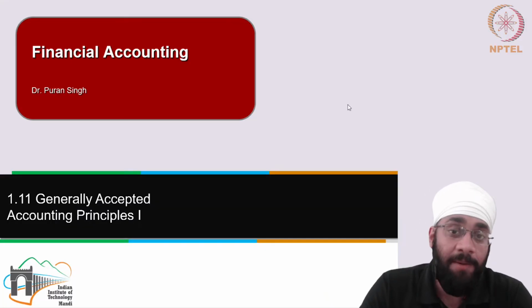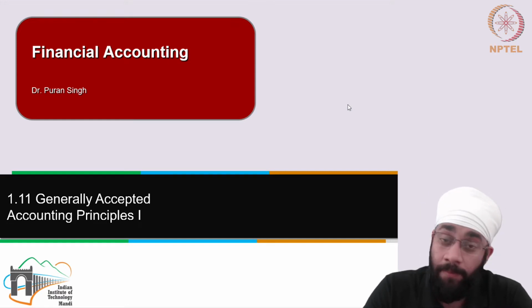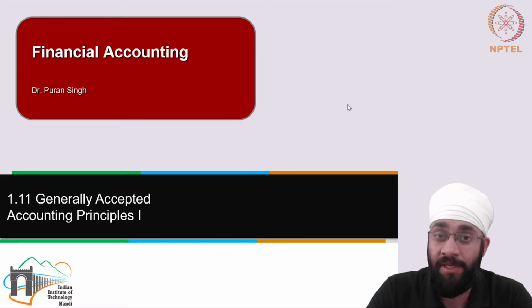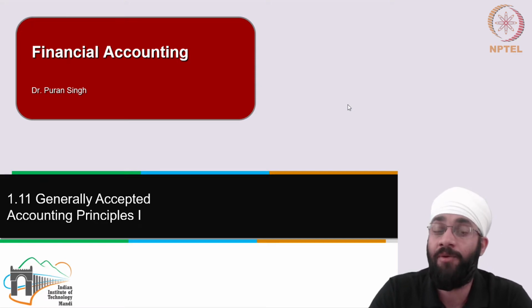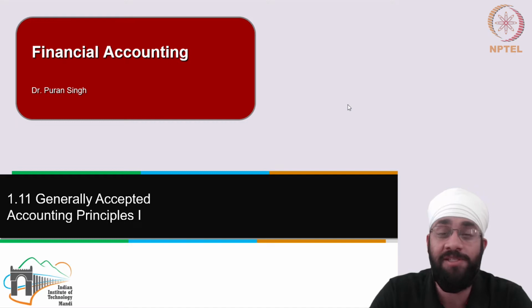In this video, I'm going to talk about generally accepted accounting principles. By now, you must be familiar with the four key accounting terms, which are assets, liabilities, incomes, and expenses. The next step is to learn how the records are going to be prepared for various transactions which fall into these four categories. But before we learn the process of recording, classifying, and summarizing, we need to agree upon certain